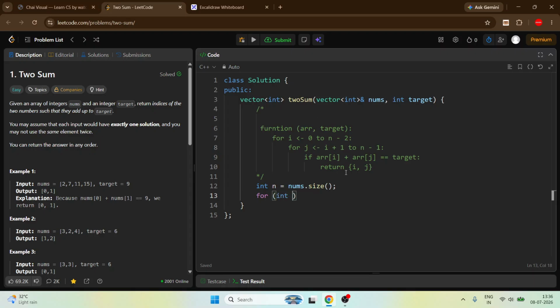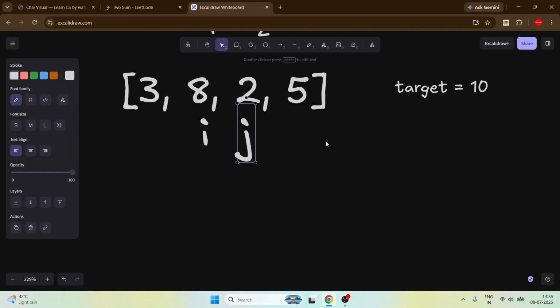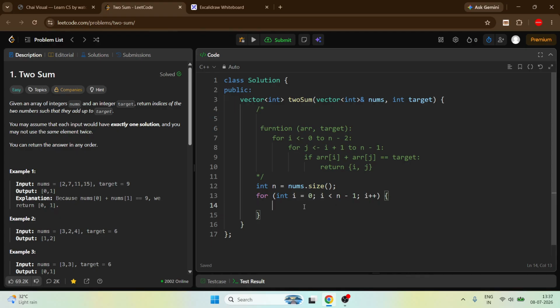Okay, let's solve it. int i equal to 0, i less than n minus 1, i plus plus, because we need two indexes. At last, i can move up to here and j to here. We cannot move i further because j is always i plus 1, so we have to stop i here, because we need exactly two elements, not more than two, not less than two.